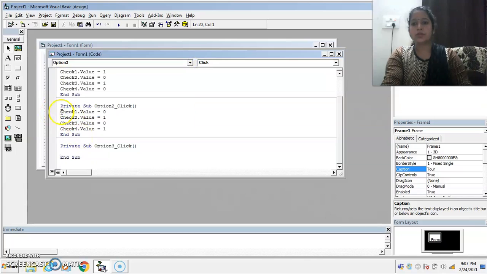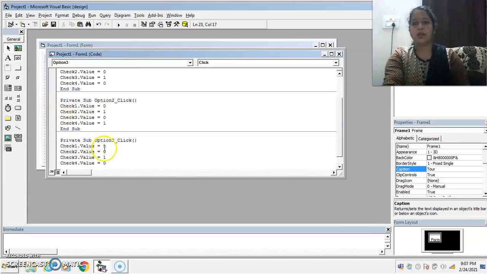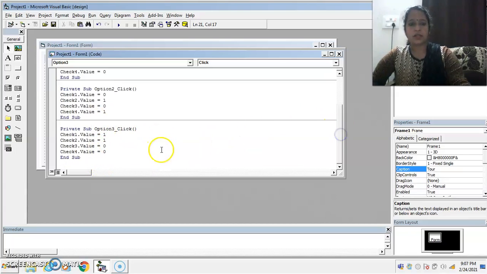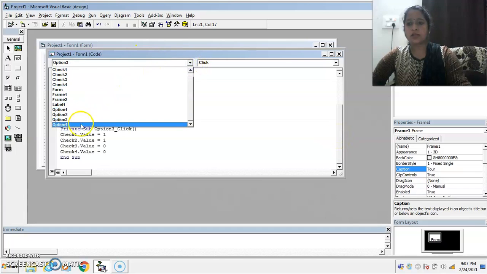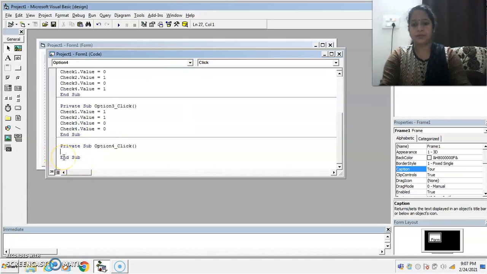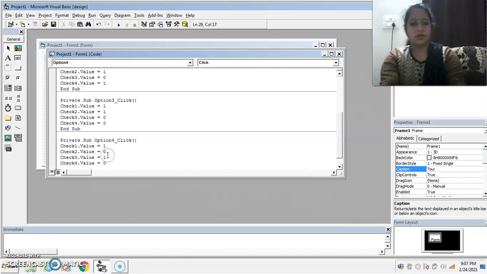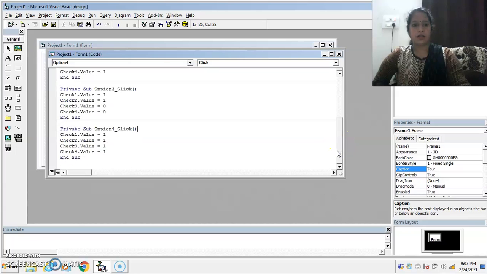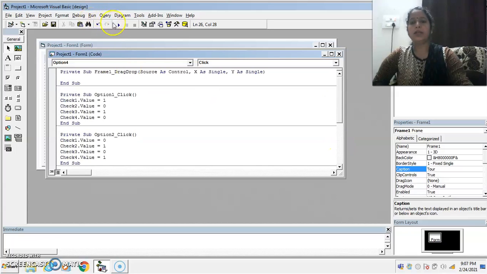Suppose in the third option button we want to select only the first 2 cities, so set the value 1 for first 2 checkboxes and set the value 0 for last 2 checkboxes. Now write down the coding for last option button. Suppose I want to include all the 4 cities in package 4, so set its value to 1. Okay, now our coding is complete.